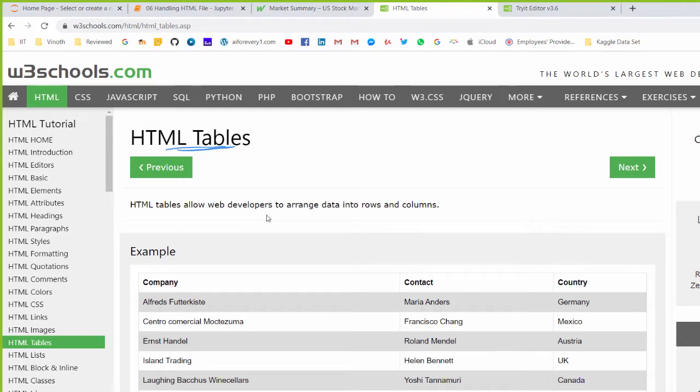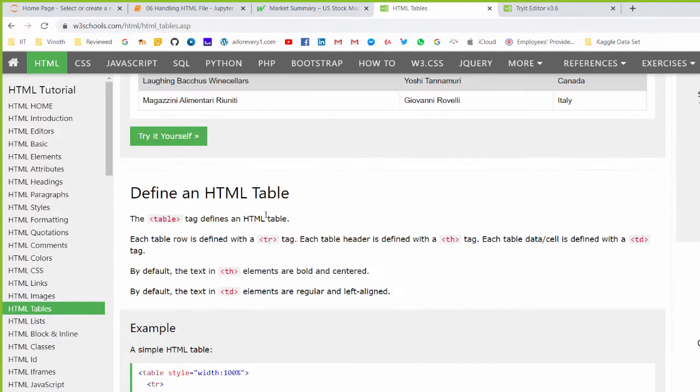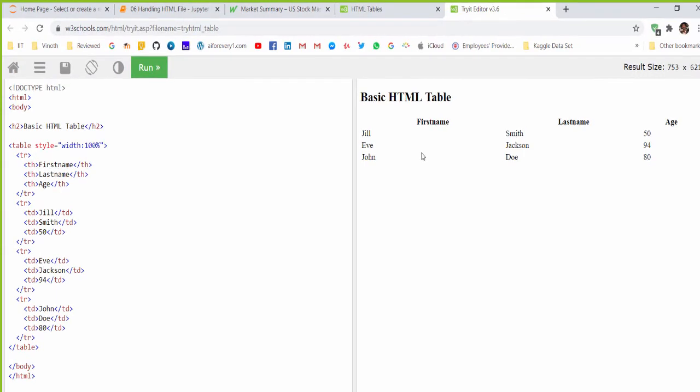When you consider HTML tables, they are mentioned with the table tag. First point to remember. In a sample code, you can see it starts with the table tag and ends with the table tag. Within this table tag, you mention the data. Our aim is to find a tag like this, and you can see the respective output on the right side. Every row is mentioned with the tr tag. Tr means a row, and you can see this is the first row, second row, third row, fourth row, totally 4 rows.